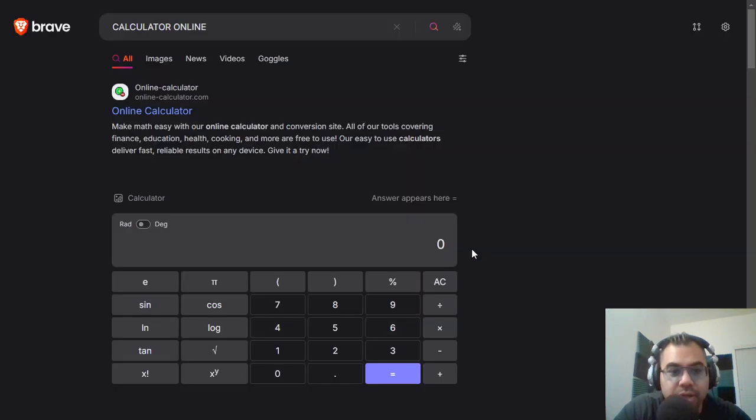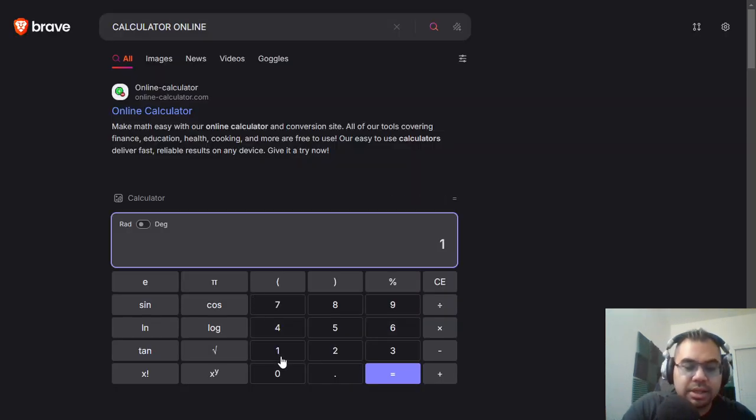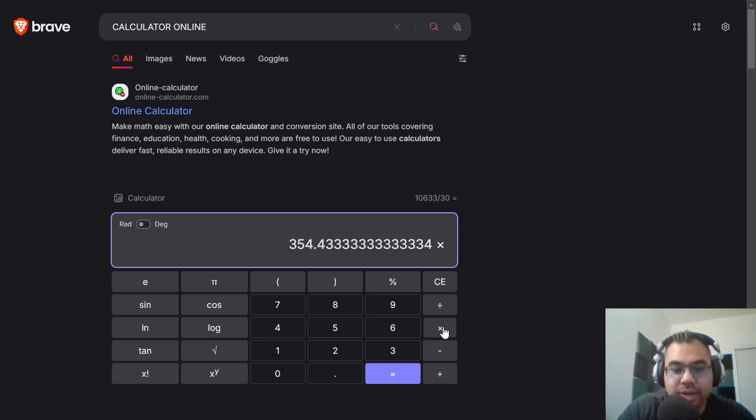So let's actually go here to the calculators, and we'll do 10,633. So this is 30 days, right? If we divide it by 30, that gives us about $354 worth of volume every day. Multiply this by 0.05 because 5% gets burned. The other 5% goes as a payment to liquidity holders. So there's a 10% fee on all transactions. 5% gets burned, 5% gets paid out to liquidity holders. So that means $17.7 on average over the past 30 days each day has been paid out to liquidity providers.